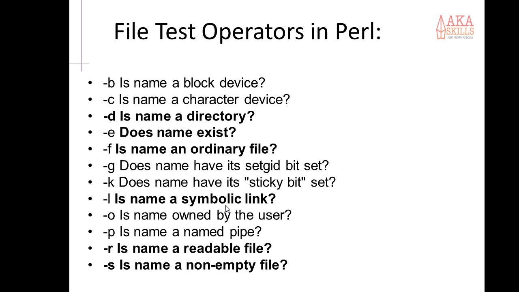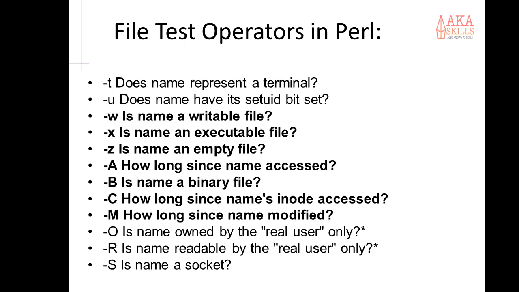Then you have to check whether it was readable, which is what we have seen. If it is an empty file, if it is a non-empty file, so S is used for non-empty check, Z is used for an empty check. You can see there are various operators which are available. You can use them as per your convenience, but these are most of the used kind of operators that we can use daily,